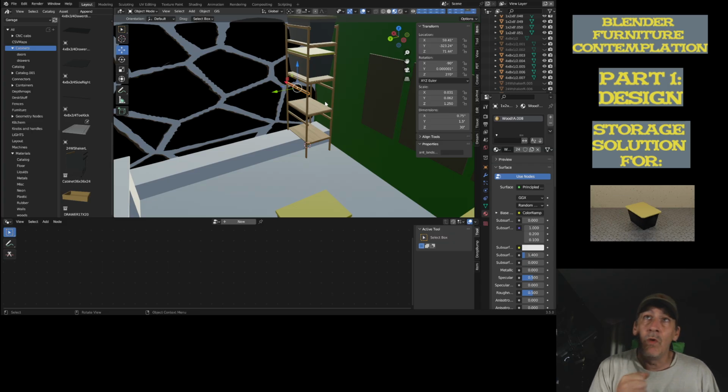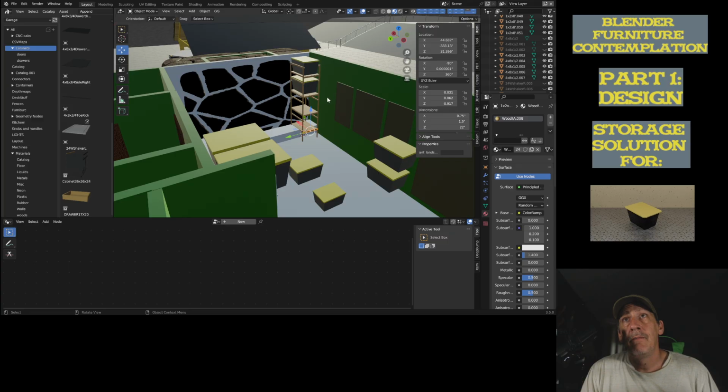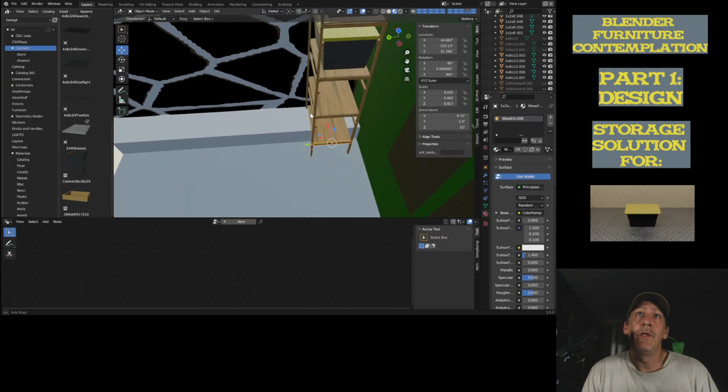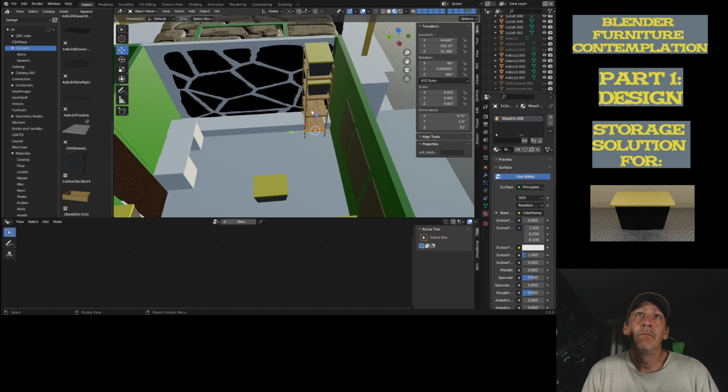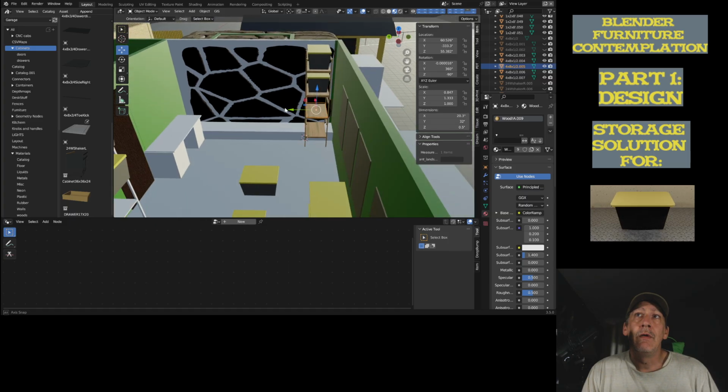So we've got 9 1x2s, so 10 1x2s is what I'll need to make this happen. And then we need 32 inches by, we could do